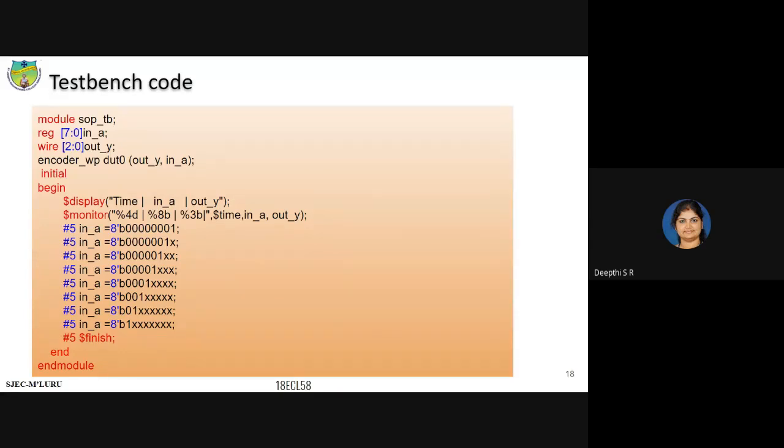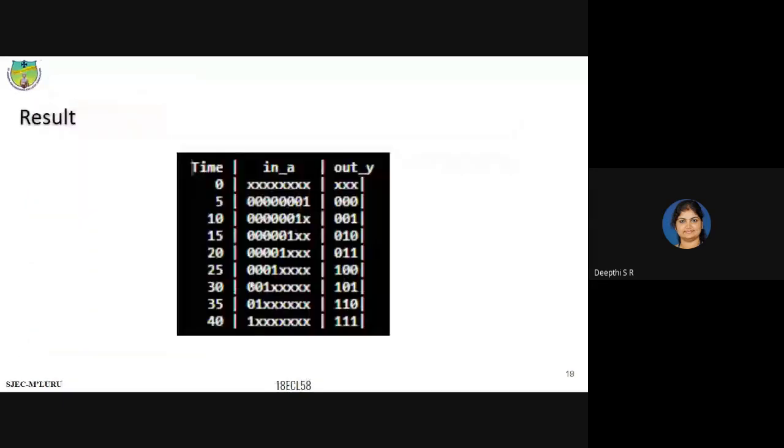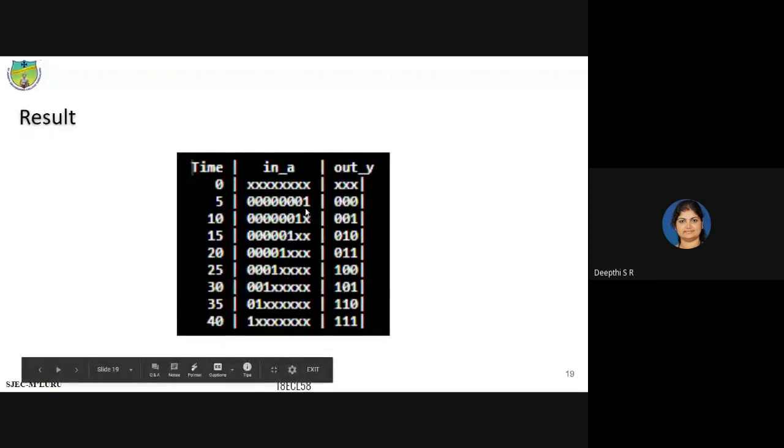So you are clear with all the steps? No doubts? Okay. When you simulate this, I have simulated the priority encoder. So this is the output you will get.